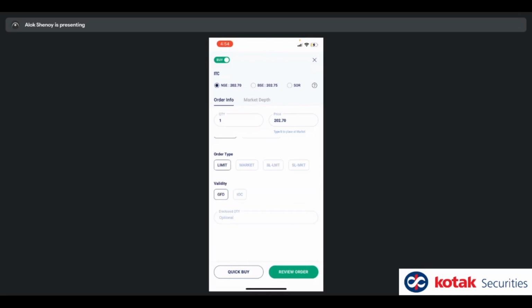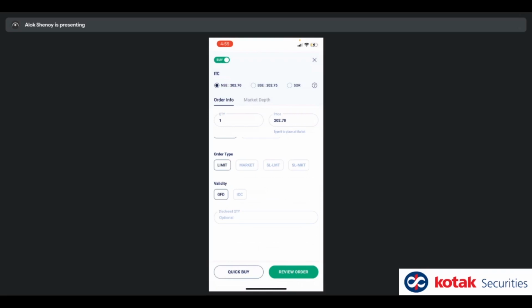So as you can see, when you select a limit, you will get GFD IOC as options. You select that, and you have two options down below that you can see: quick buy and review order. If you don't want to spend the extra second reviewing your order, just click on quick buy. It will execute immediately. Okay. If you click on review order, it's going to show you a confirmation screen. Okay. The benefit of the confirmation screen, if you made any mistakes, you get time to rectify it. Quick buy is for the day traders who want to get the benefit of this millisecond or the second, right? So you can use quick buy.